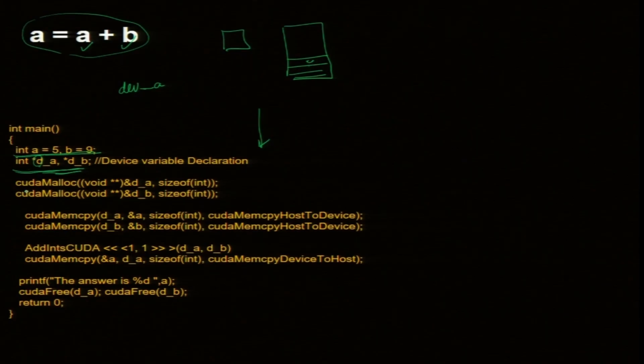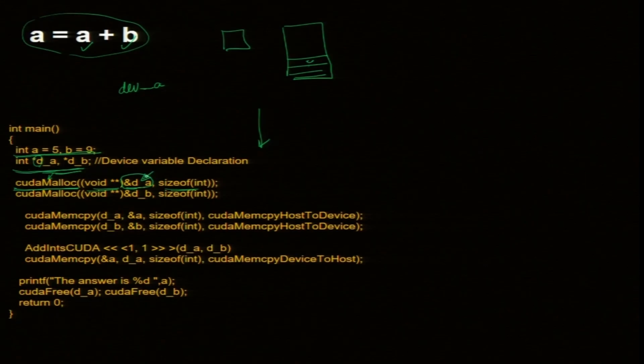So, now the next line creating that is cudaMalloc. Here M is capital. So, CUDA memory allocation, forget about this star, double void double star, it is not important. Ampersand DA, size of int, I am creating only one number of 4 bytes, and this DA is an address.